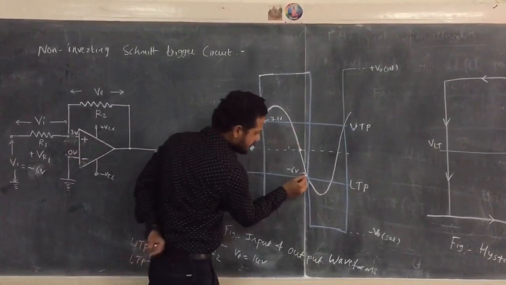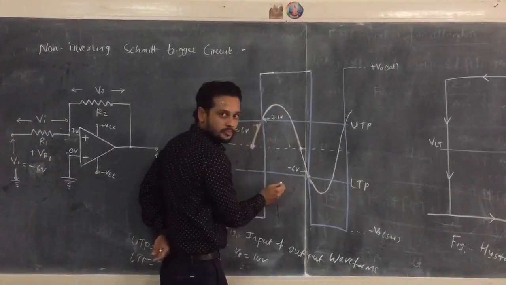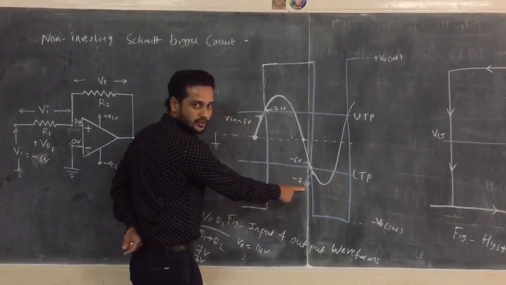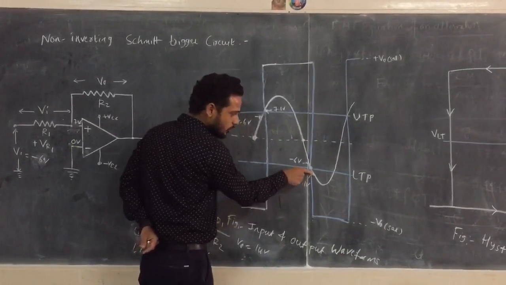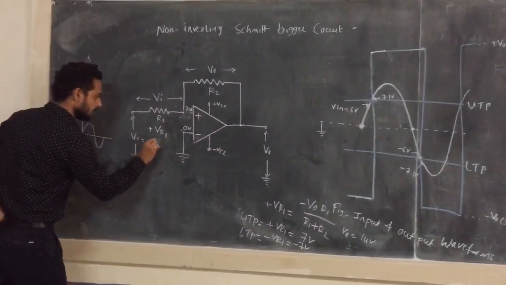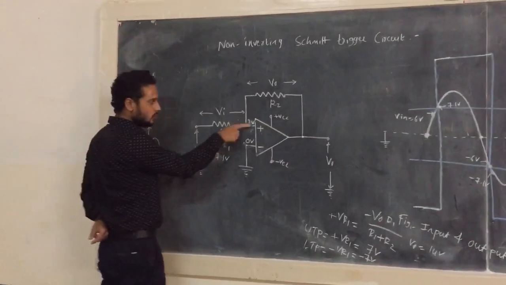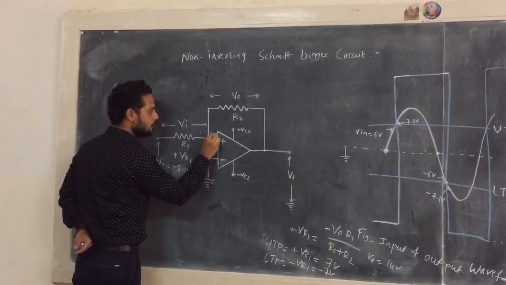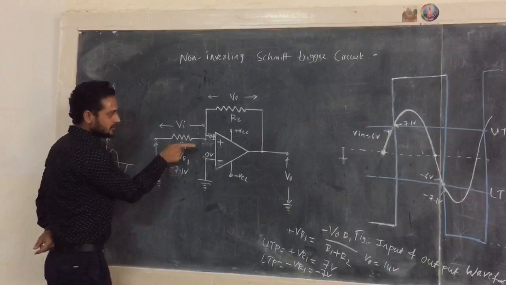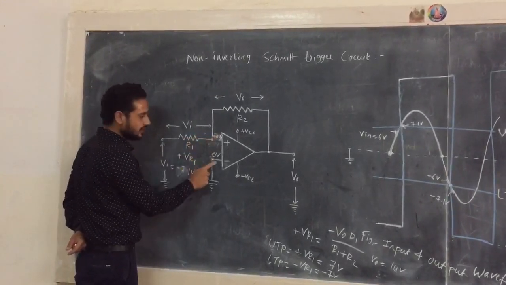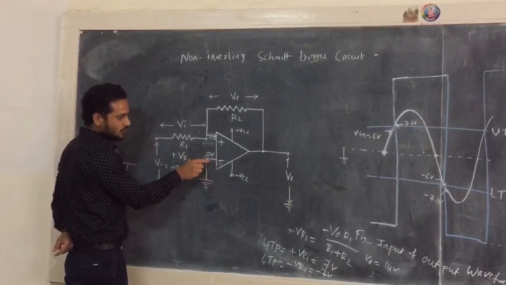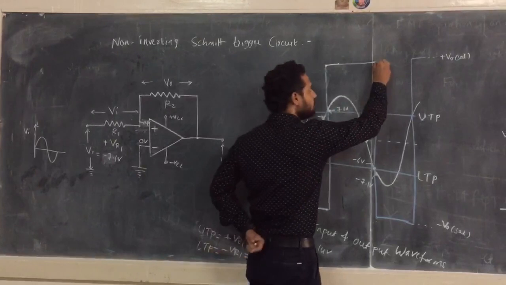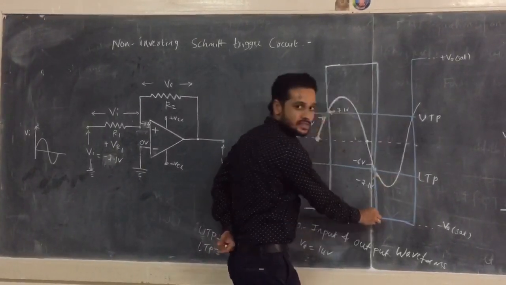Now see, when it just crosses the lower triggering point. Let us say at this point the value of the input voltage is minus 7.1 volt. Here the voltage available is 7 volt. Now what will be the resultant voltage? Here you will get minus 0.1 volt. Compare: here the voltage available is minus 0.1, and here the voltage is always 0 volt. So now the voltage at the inverting terminal of the op amp is more. Therefore, the output immediately switches from plus V naught saturation to minus V naught saturation.